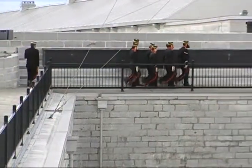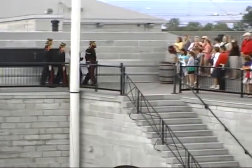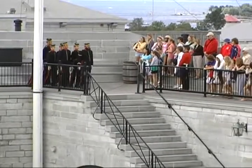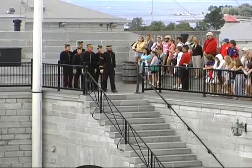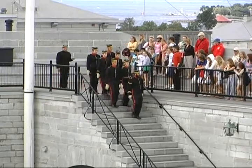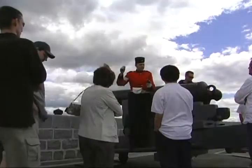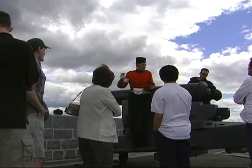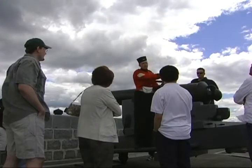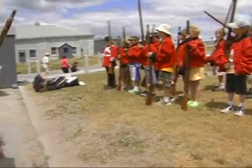It's very funny because the fort was originally built to protect us from the Americans, and now we find ourselves spending thousands of dollars trying to attract them to get them to come here, with no active climate of war. No war occurred while the fort was here. We kind of wish we had that happen because it would have added a little more to the lore. But it is significant then, and it's certainly significant now as a beacon for tourism, not just for Kingston, but Eastern Ontario. So when you come to the fort, what will you